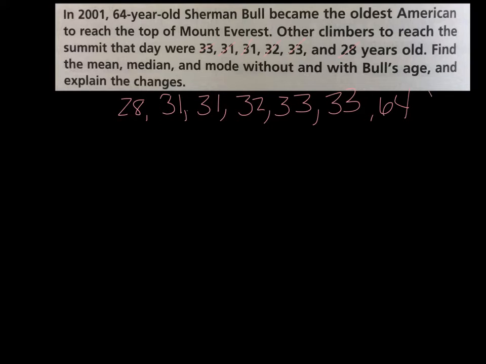Now, this is a lot of work, you guys. We've really got to make sure that we're being careful. So to find the mean, I'm going to first order them from least to greatest. So I'd have 28, 31, 31, 32, 33, 33, and 64. So this is our outlier. It's way far away from all the other numbers. So if I find the mean of it,